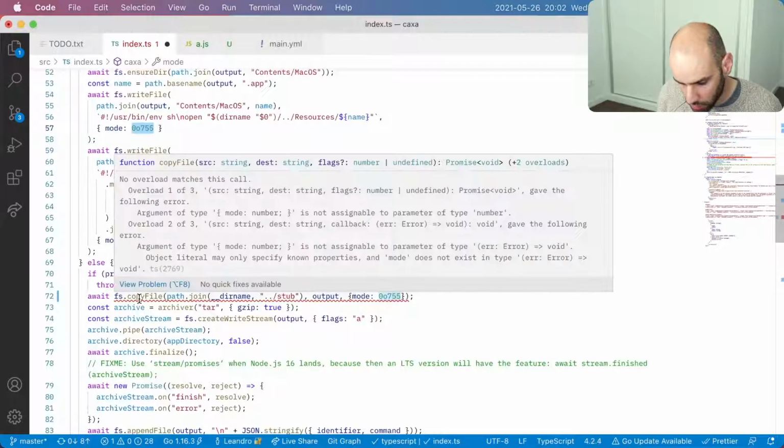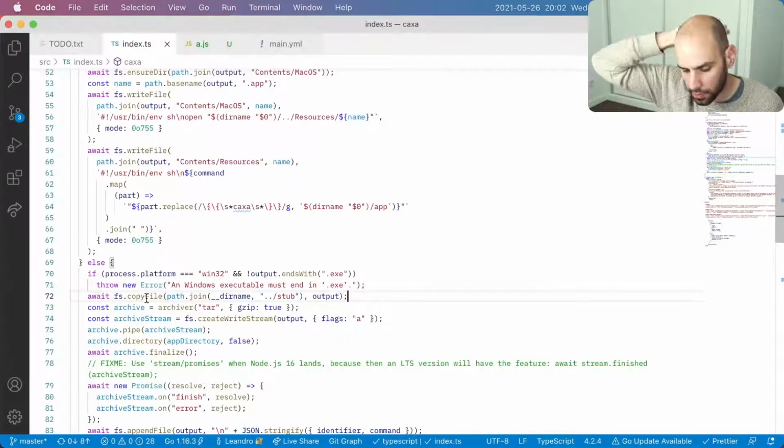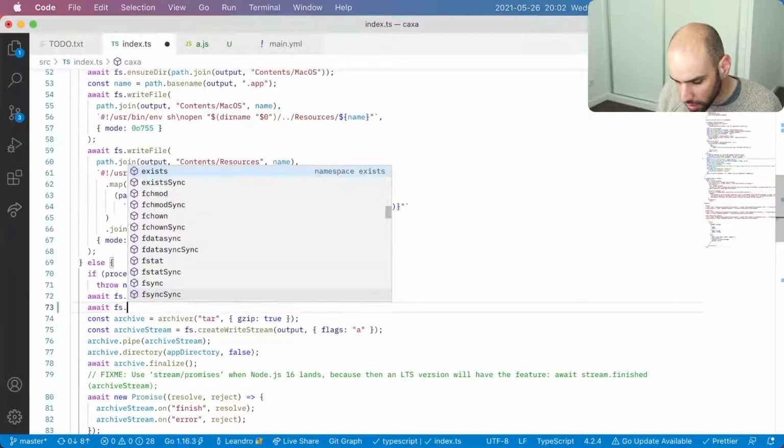It appears that when I copyFile, I cannot set the mode. Okay, but I think that copy will keep the mode. It was just a double security measure here, but doesn't hurt maybe.